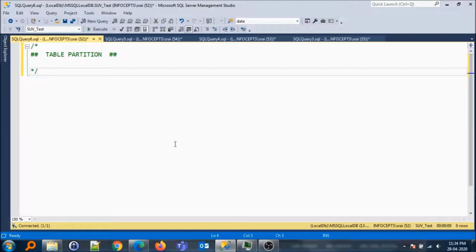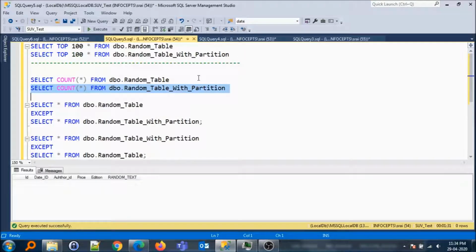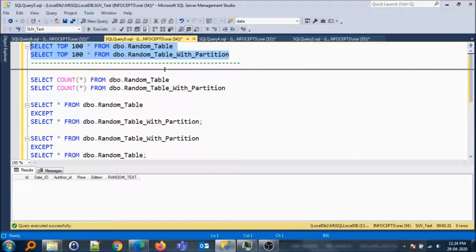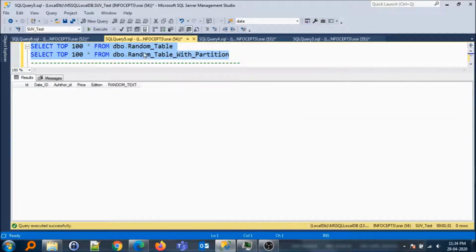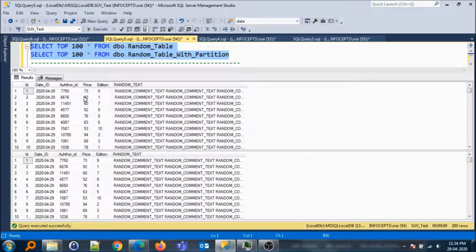Now, in order to demonstrate what I just said, I will present to you two tables that I have created. Let me quickly show you the structure of these tables, and you will notice that they are exactly identical to each other. I have just given the name random table to these tables, and if I execute this query, you will notice that structurally these two tables are exactly identical, and as a matter of fact they contain the exact same data also,